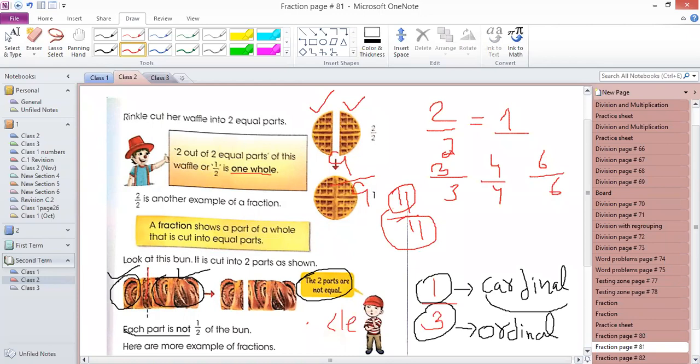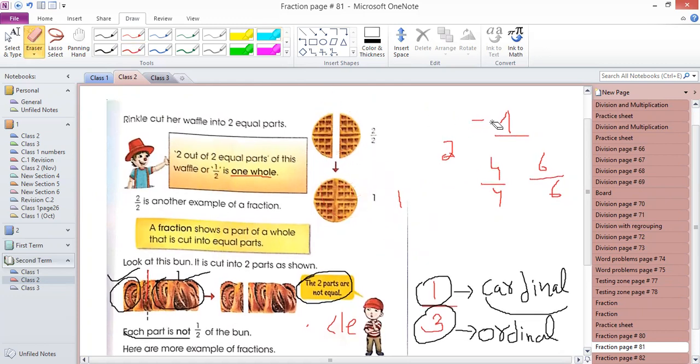If I say 9 parts out of 9 parts, that is also equal to 1. I shared something into 9 equal parts and all 9 parts I ate or used alone. That means I used the full thing. So if a number is the same in numerator and denominator, the fraction is equal to 1. This is the second thing we learned yesterday.